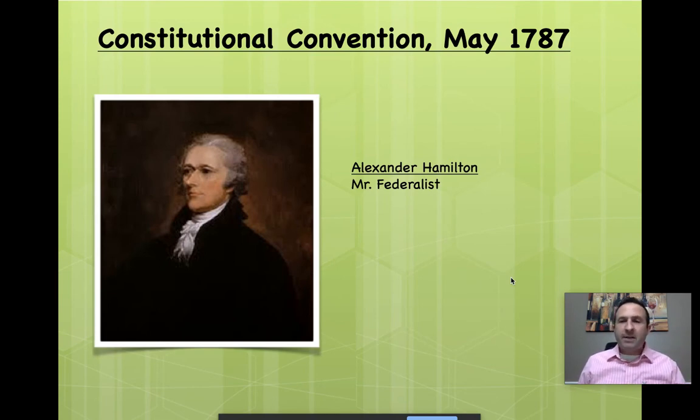Now, a little background in case you have not watched the stage play or you didn't quite fully understand it. Alexander Hamilton was born in the West Indies, in the Caribbean. He became an orphan at a very young age. He lost his mother, never really knew his father. So he's an orphan boy. Now, at the age of 13, he's very fortunate. He is sent to the colony of New York, and in New York, he's taken in by some wealthy sponsors to raise him. And he lucks out, which means he gets an education because he's taken in by a wealthy family.